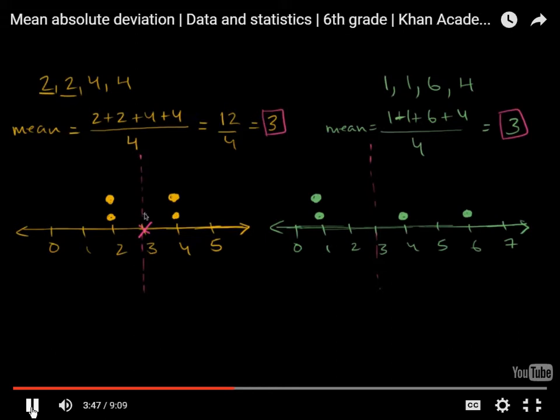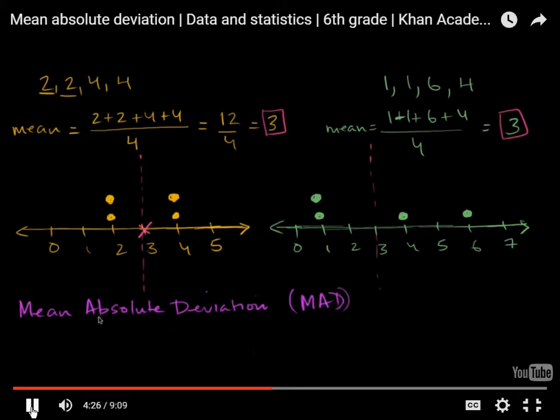And one of the more straightforward ways to think about variability is, well, on average, how far is each of the data points from the mean? That might sound a little complicated, but we're going to figure out what that means in a second, and not to overuse the word mean. So we want to figure out, on average, how far each of these data points is from the mean. And what we're about to calculate is called mean absolute deviation, or if you just use the acronym, MAD, for mean absolute deviation.